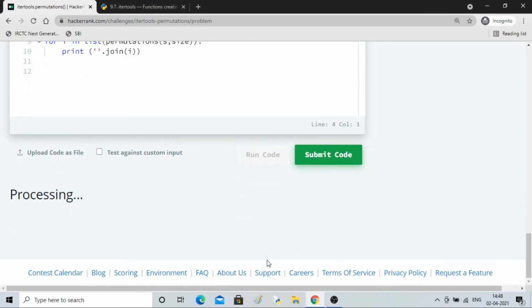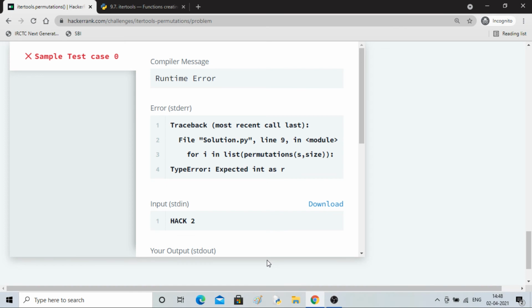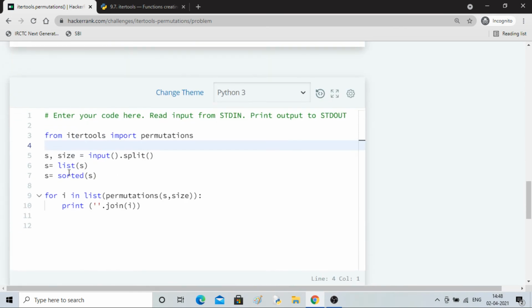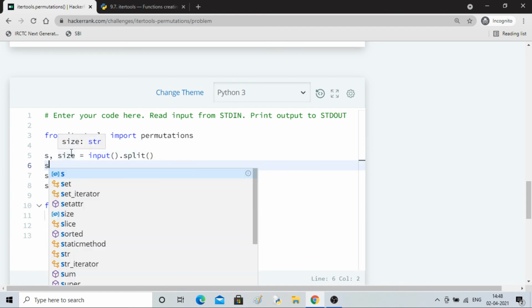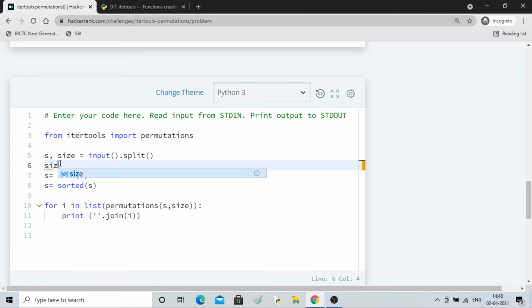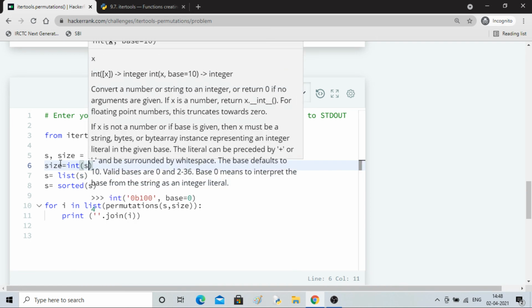Let's run the code. Expected int as R. Okay, I have to convert size into int. It is a string, right? If you bring the cursor over it, you will see it is a string. So size equals int size.